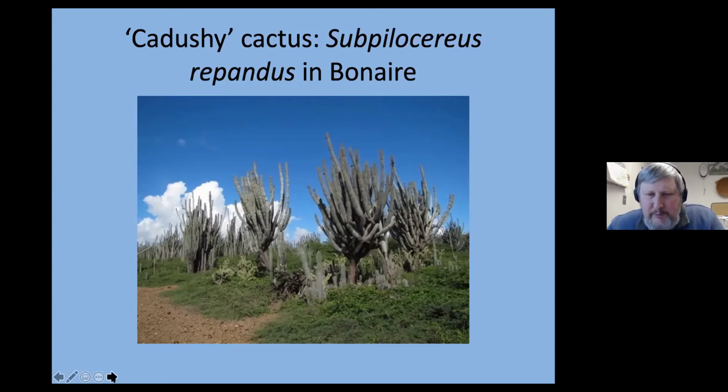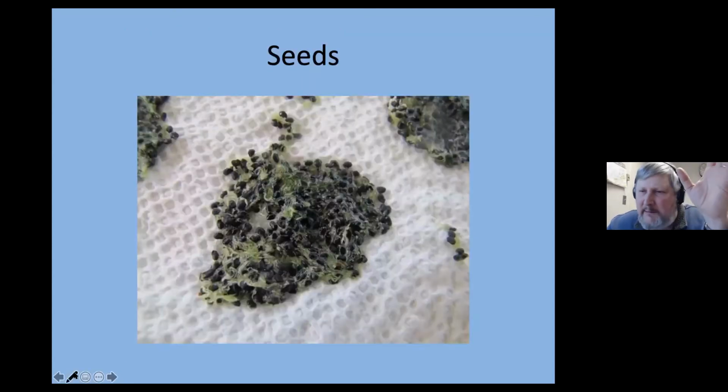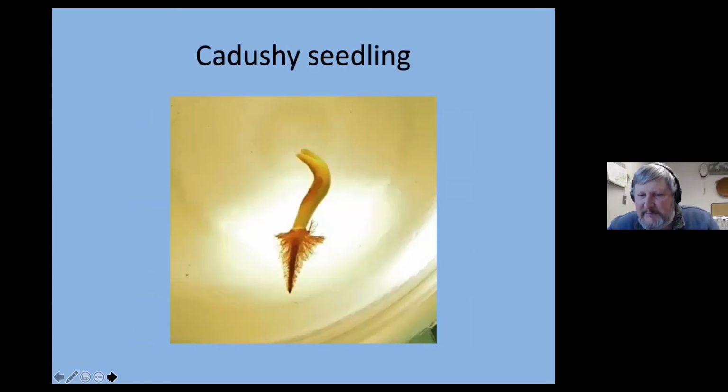And they produce up high little fruits like prickly pear fruits. You take those fruits, cut them open, pull the seeds out so that you don't get soil or anything on it, and then take those seeds and germinate them again under axenic conditions. You get a seedling that looks like this, and you can see the roots here, and you see all those root hairs coming out. Now this one, those roots are orange